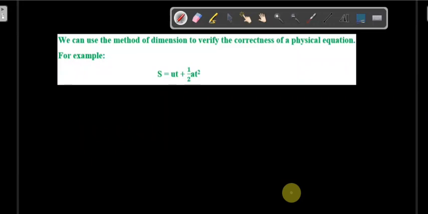Okay, one of the uses of dimensional analysis is to check for the correctness of a physical equation such as the one we have here. This equation reads S is equal to UT plus half AT squared, where S is equal to distance,